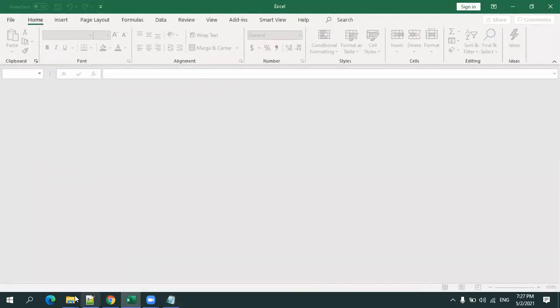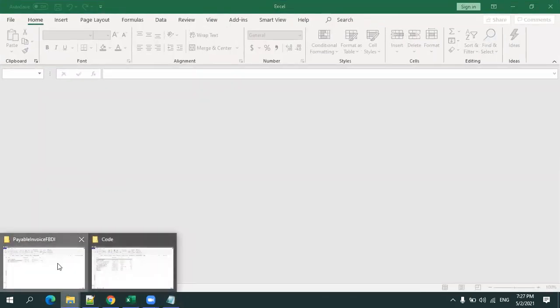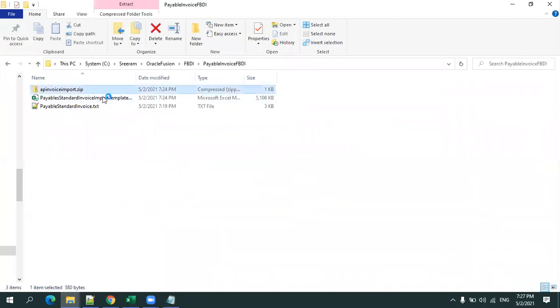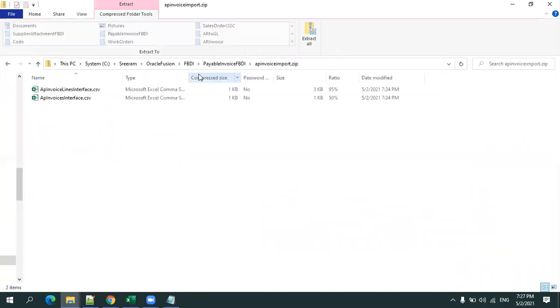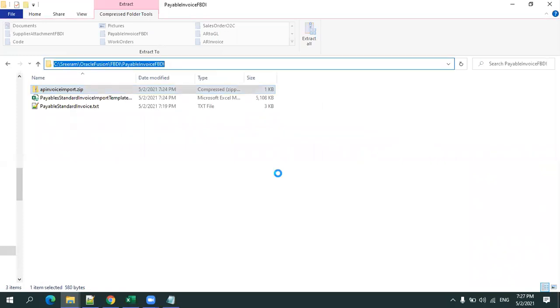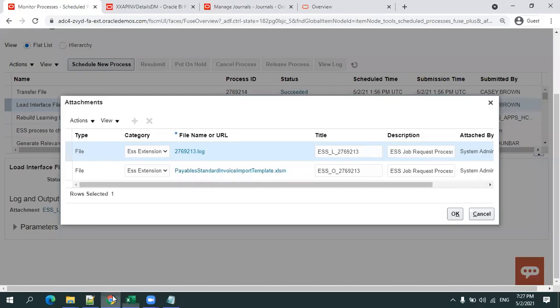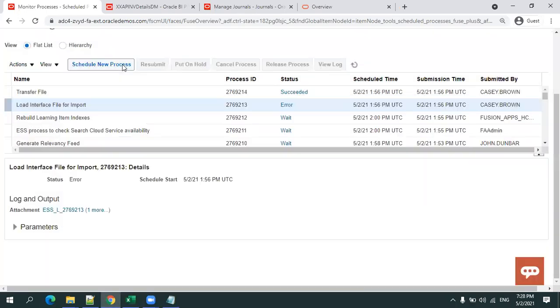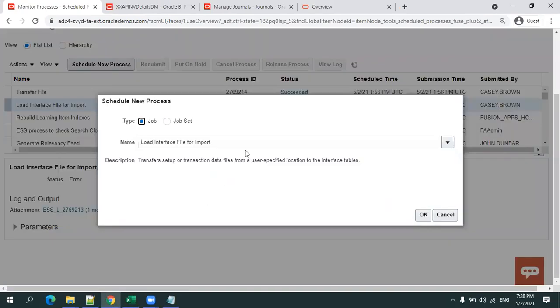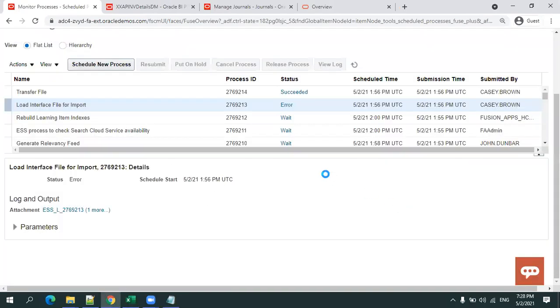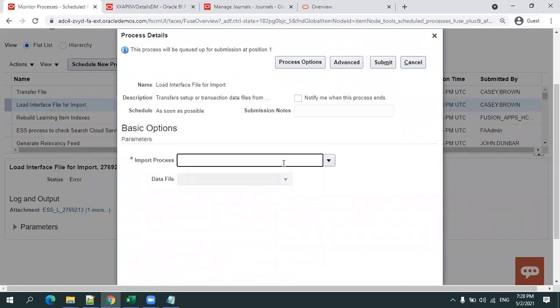Is there any issue in generation of this one, or does it have proper information? But why is it saying that? Okay, I think I selected a wrong file. That's the issue. Now I'll just click on schedule new process. Instead of selecting the zip file, I selected the XLSM file, right? That's the issue. Import payables invoices.